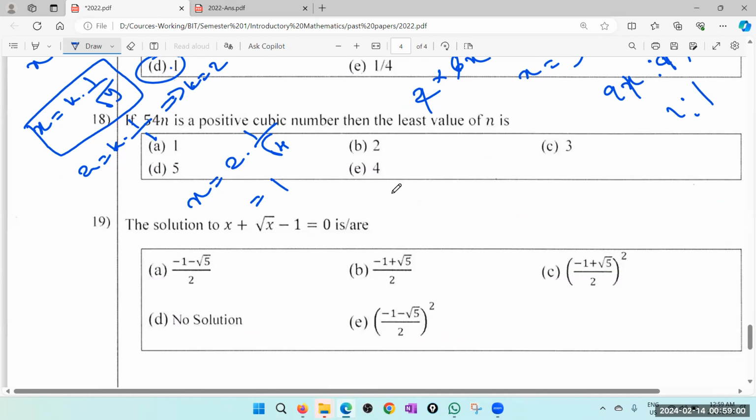If 54n is a positive cubic number. Okay, cubic number. So that means it's a cube of a number, say x cubed. Then the least value of n is